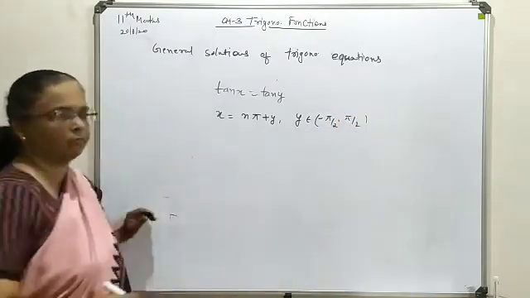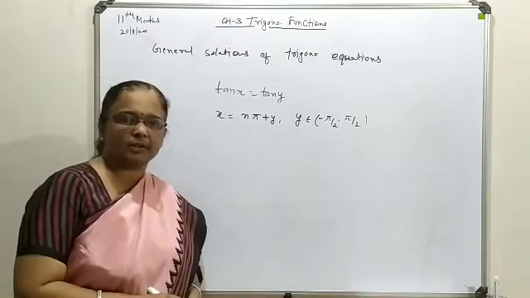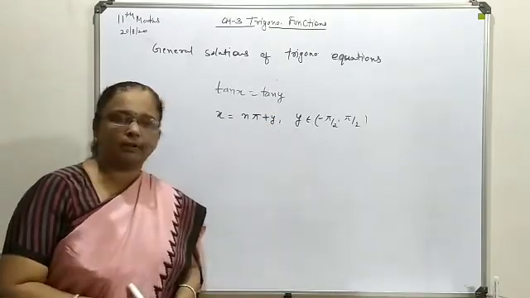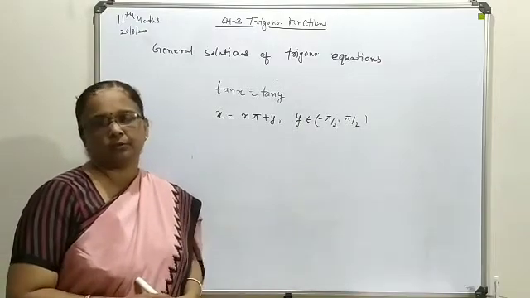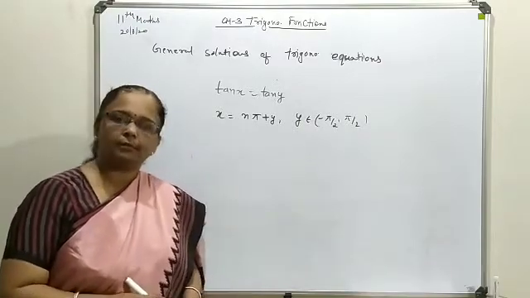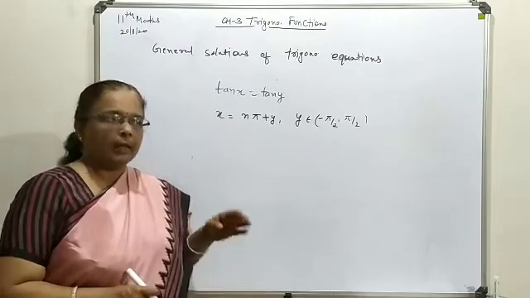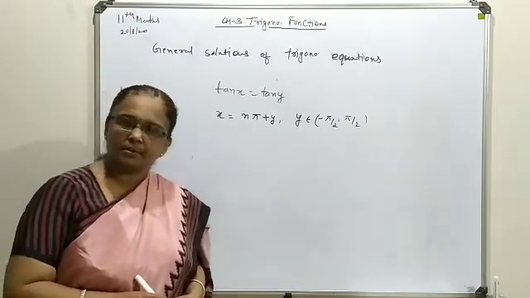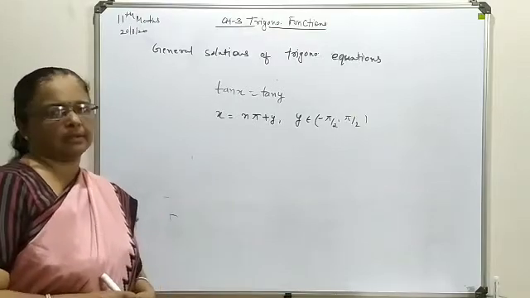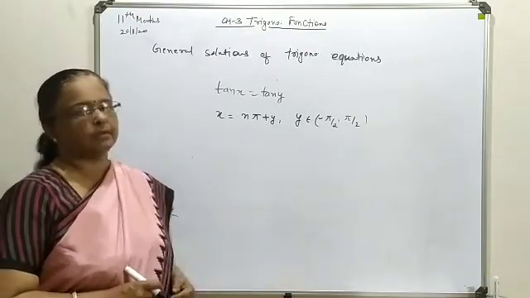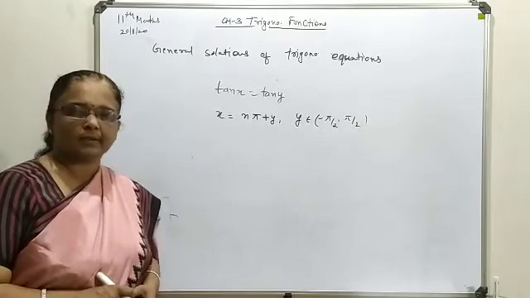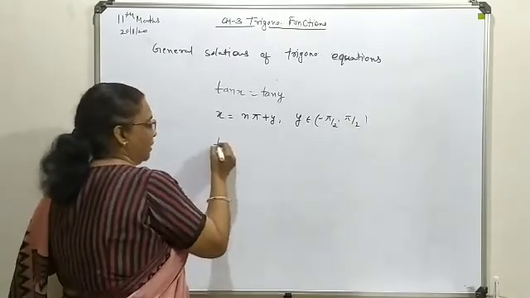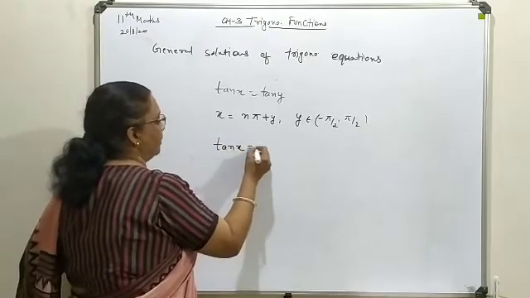And if you are not comfortable with this negative sign, you can select any possible solution of y for which your negative value tends. For positive values there is no issue, but for negative values you can select that value also in the first quadrant system, where tangent tends to a negative solution. So that way also you can select, and if you are comfortable with the negative solution you can write it, both answers are correct.